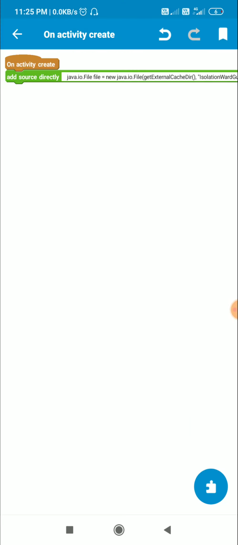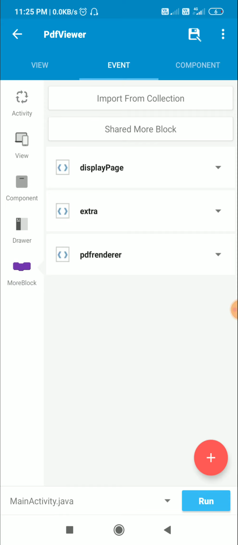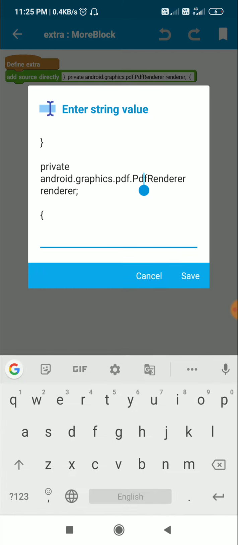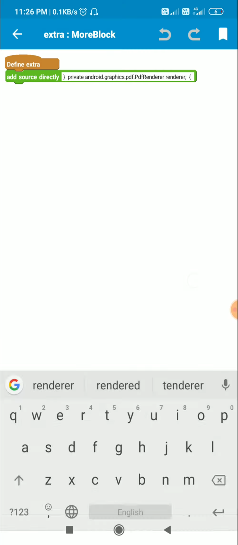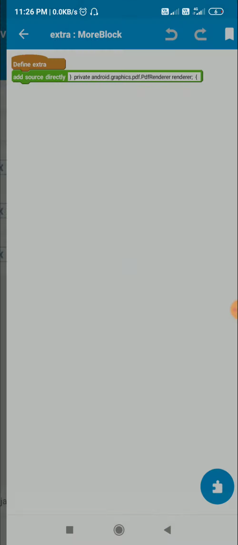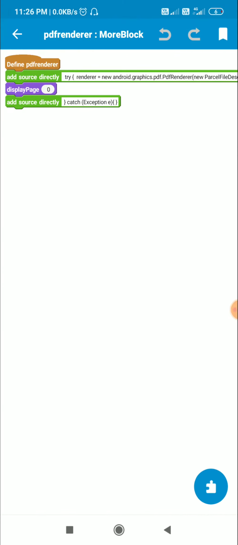So this will copy the file from the asset folder to the external cache directory. Now, in order to read it as a PDF file, I have this PDF reader in which I have declared a PDF renderer called renderer. This is a private PdfRenderer, in a more block extra after this closing curly bracket. And then I have this PDF renderer